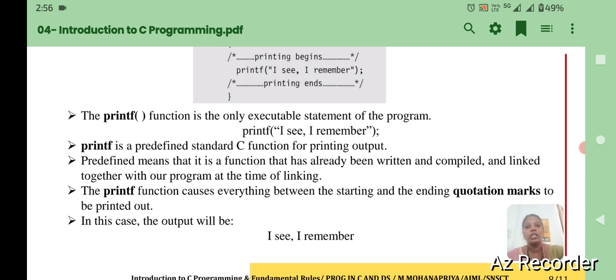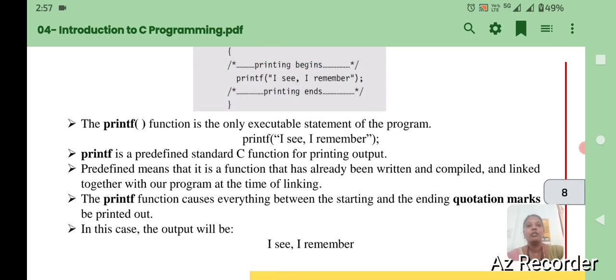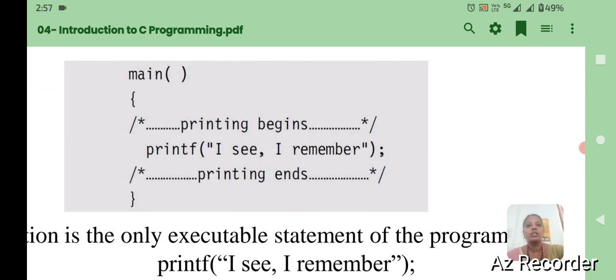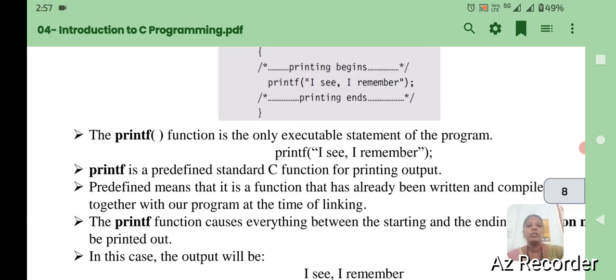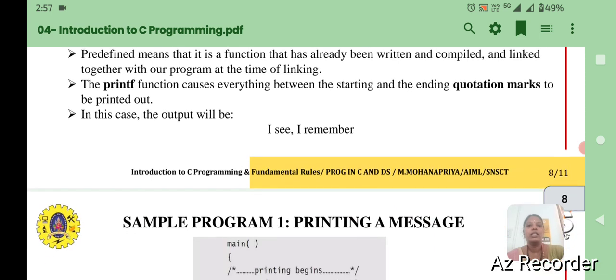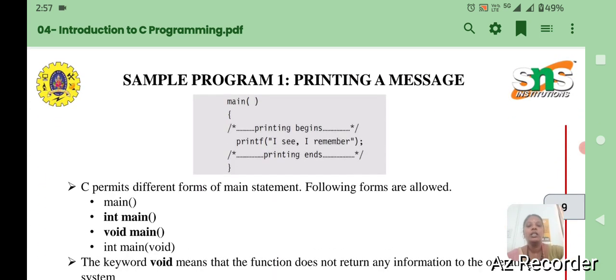The printf function causes everything between the starting and ending quotation marks to be printed. In this case, the output will be I see I remember. And then, in the main function we have the